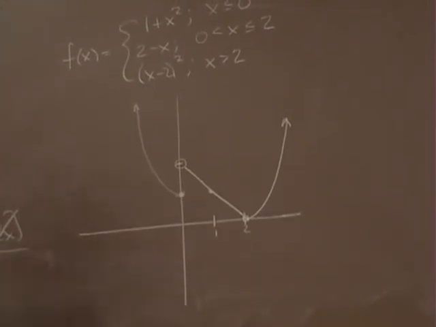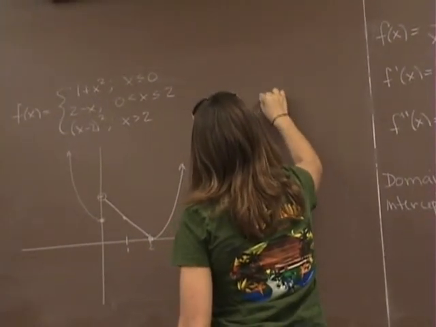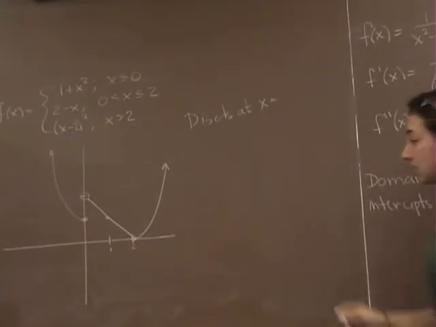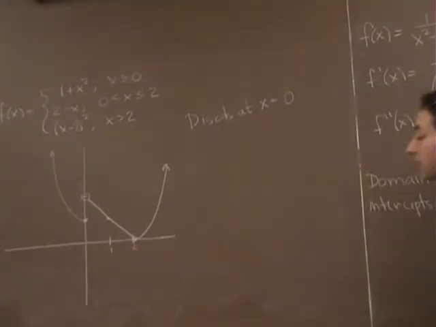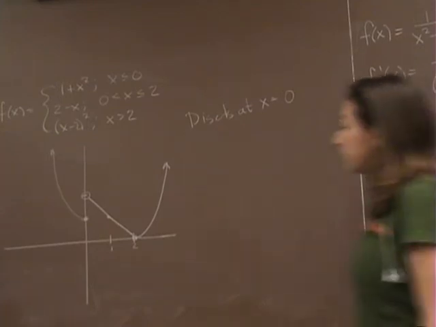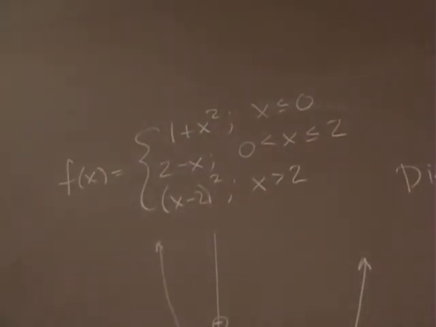So where am I discontinuous? Discontinuous at x equals 0. Am I discontinuous at 2? I'm not asking you, am I differentiable? I'm just asking continuous. I'm continuous at 2. Why? What do you need to be continuous at